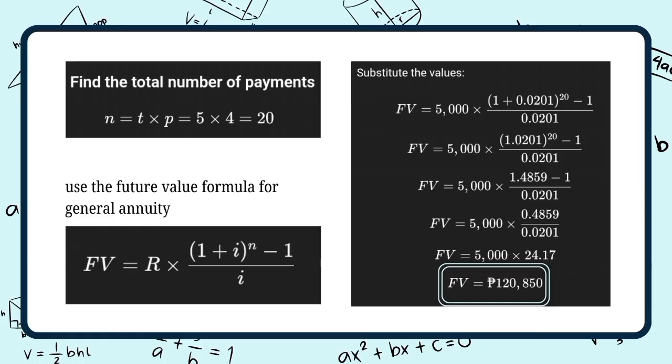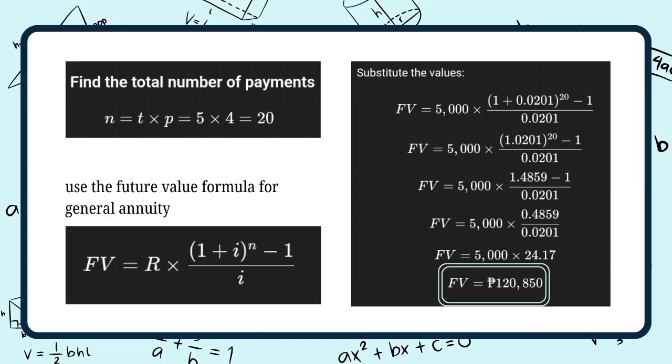So we substitute: R is 5,000 times 1 plus i, which is 0.0201, raised to N, which is 20, minus 1, all over i, 0.0201. So 1 plus 0.0201 equals